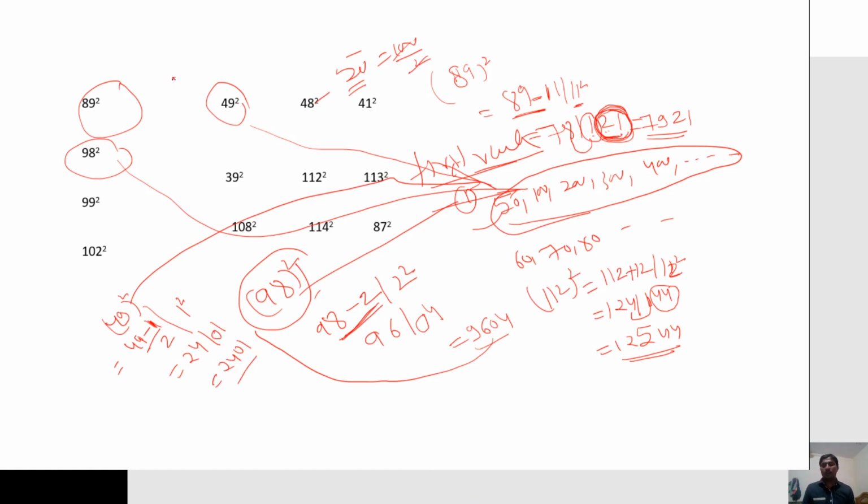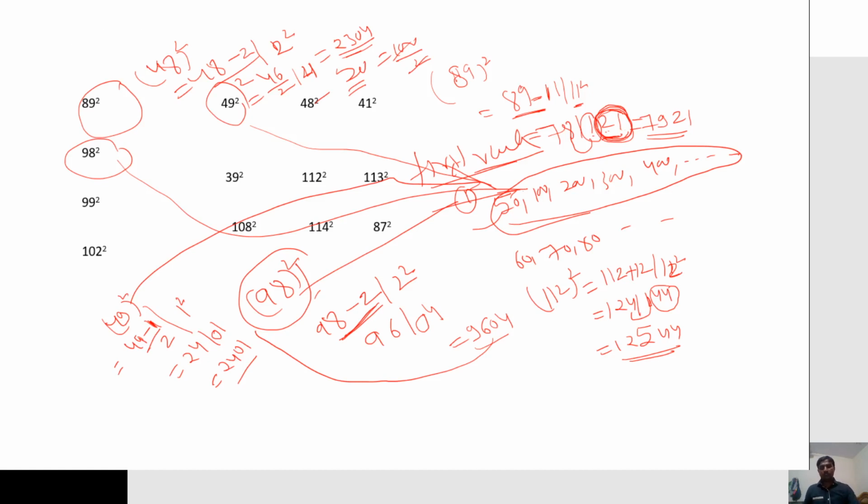Next, 48. How much less than 50? Less by 2, and 2 square. 48 minus 2 is 46, and this number halved is 23, and the square 4 gives 04. The answer is 2304, which is 48 square. You can do so many examples, like 112, 108, 298 and so on. Always use this trick; it is very useful for the squares of high numbers.